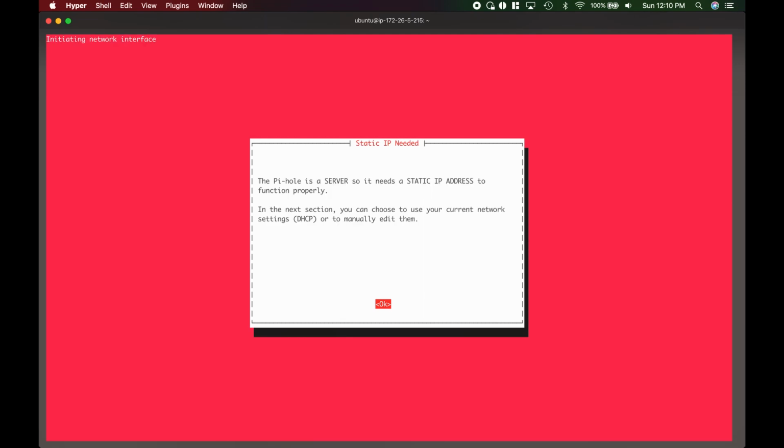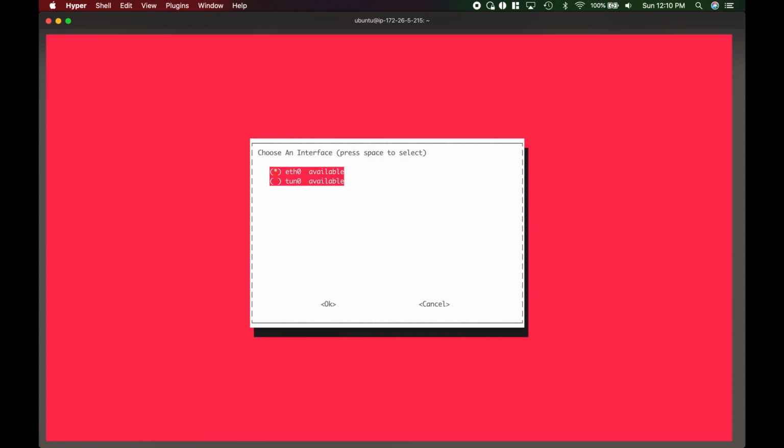You won't really need to worry about assigning a static IP address if you are going to be using Amazon Web Services. Although if this is used in your home, I actually configured my home VPN server to use Pi-hole, and if you're using this at home, you should go into your router settings and set a static IP address for this server. Next, yes, use the Ethernet, and